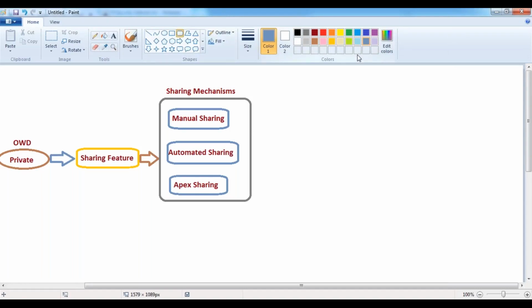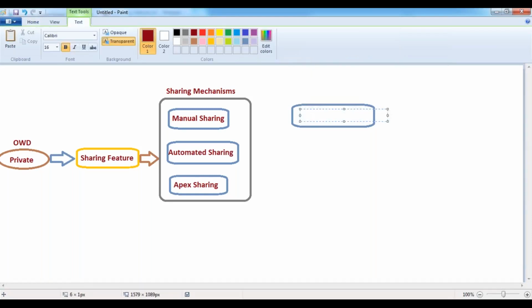Upon creating this record, it provides a button called sharing. So how can we share the record manually? Manual sharing can be done with the help of the sharing button.